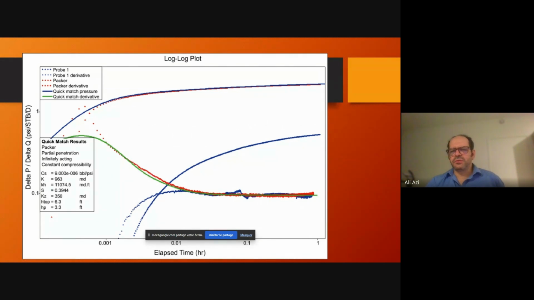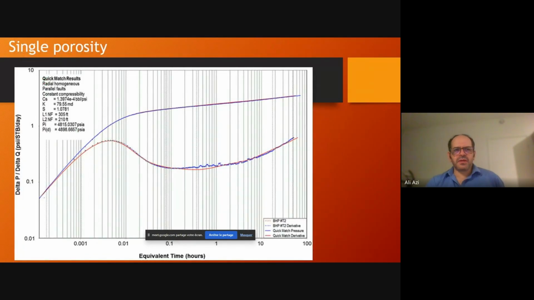I try to vulgarize a bit. We reach a stage where we can assess the permeability properly. But this is typically for sandstone, which is a single porosity milieu. It's not a fractured milieu. So that's pretty much the same thing. We have a boundary condition here that we can interpret, and from single porosity,